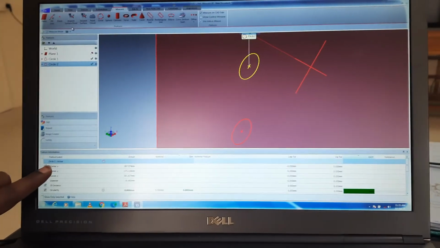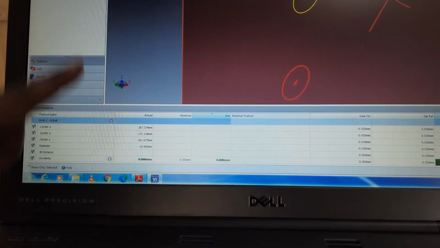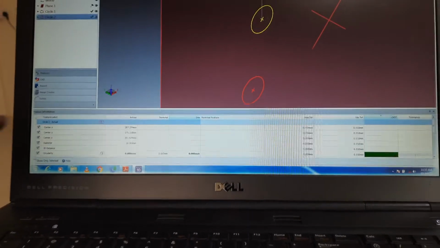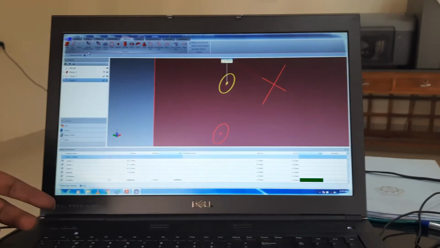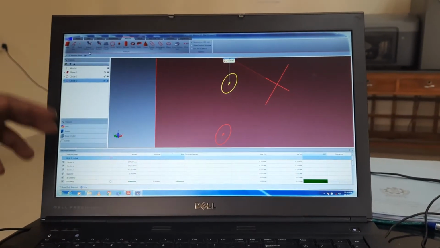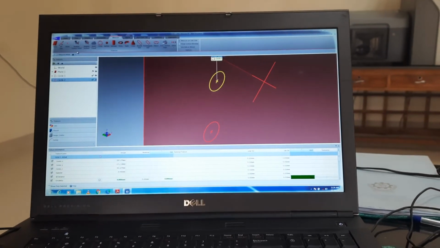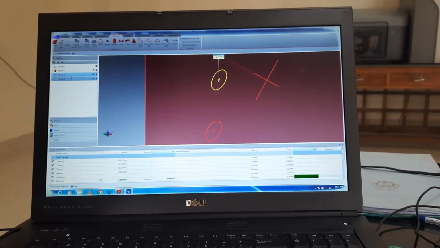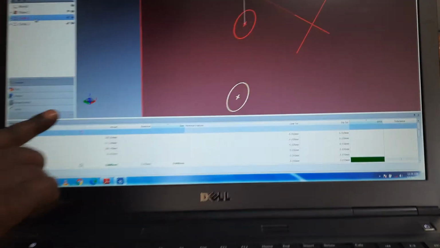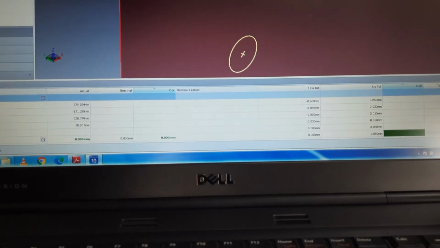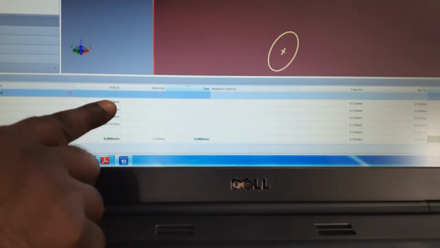Next one is our feature level and feature information panel. In this panel, I have already told you, we can see the different information of the measured object. Say we click the object circle 1 and we can see all the information of the features. See, center x is 279.204 mm.